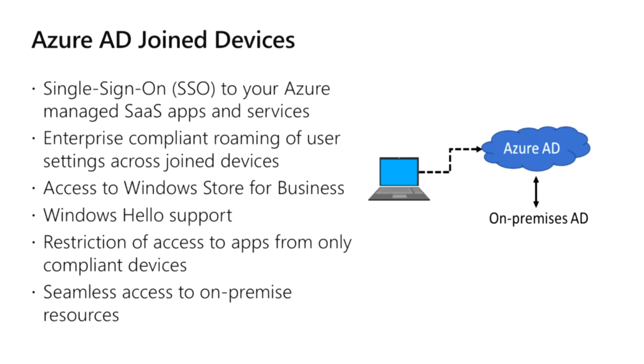Another benefit would be access to Windows Store for Business using an Azure AD account. Your users can choose from an inventory of applications pre-selected by the organization in the Windows Store. And Windows Hello support for secure and convenient access to work resources. Another benefit is a restriction of access to apps only from devices that meet the compliance policy. And another one, seamless access to on-premises resources when the device has a line of sight to the on-premises domain